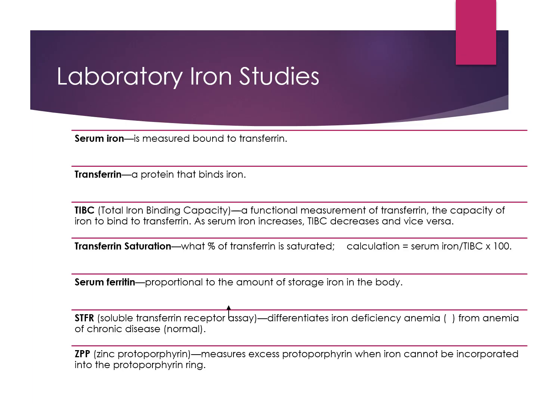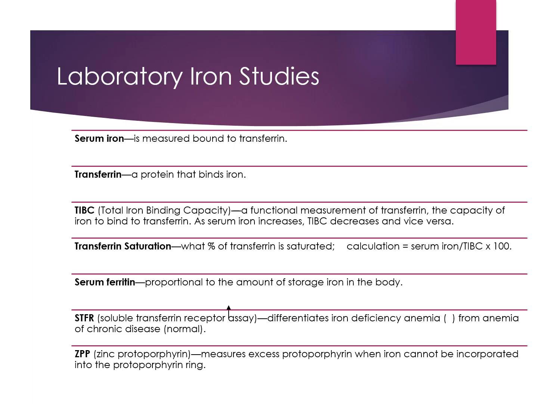Next, we could measure our transferrin saturation, and that's going to measure what percent of our transferrin is saturated. And there is a calculation that goes along with that. We're going to take our serum iron level divided by our total iron binding capacity and multiply that by 100. And that's going to give us a percentage. Next, we're going to look at our serum ferritin. We want to know, do we have enough ferritin in the body? And it should be proportional to the amount of storage iron in the body. So this is going to tell us if we have a substantial decrease in ferritin or if we have a proper